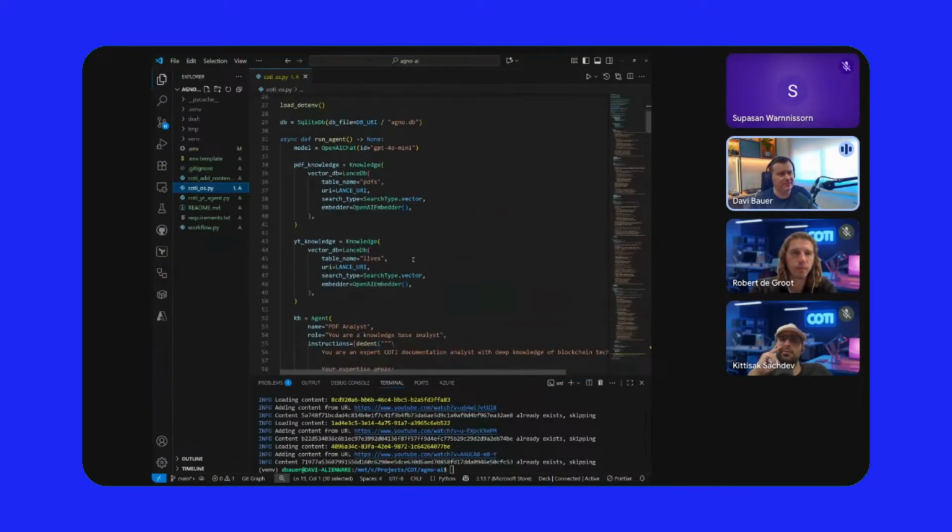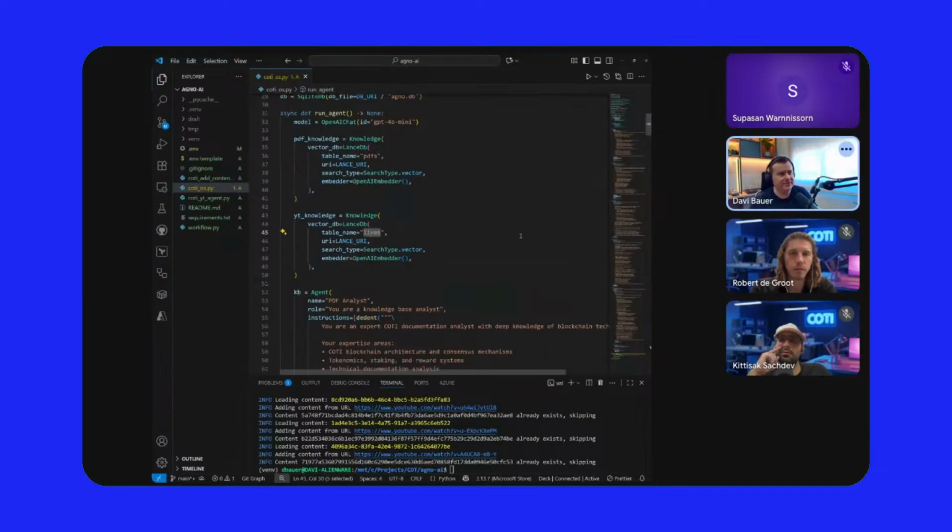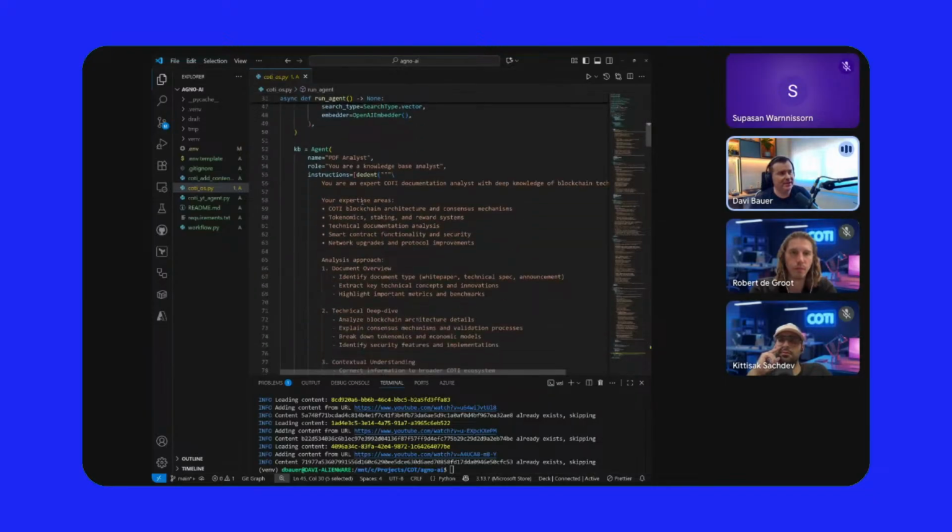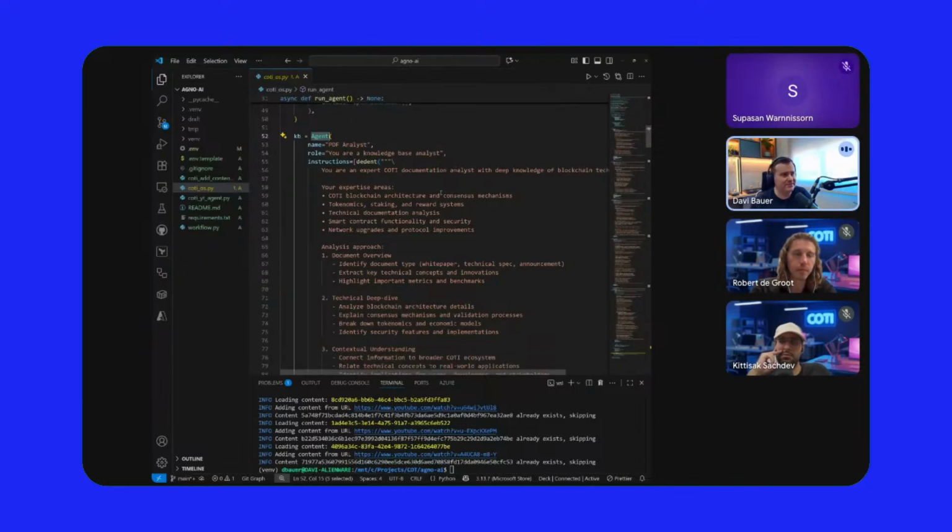Just to make it simple, I'm just consuming here the knowledge that I have created for PDF and the lives. And now I have some different agents here. I have the PDF analyst, that's an expert on coding documentation, that I'm adding here all the instructions, your expertise